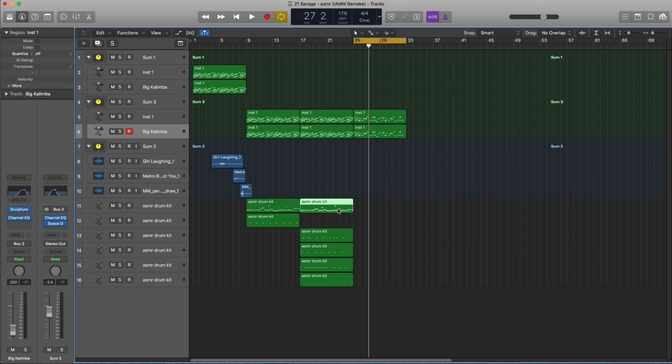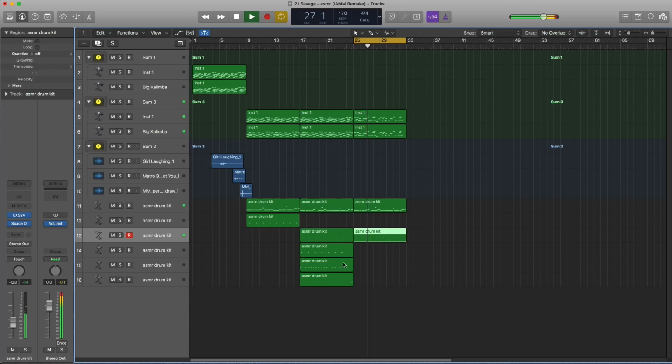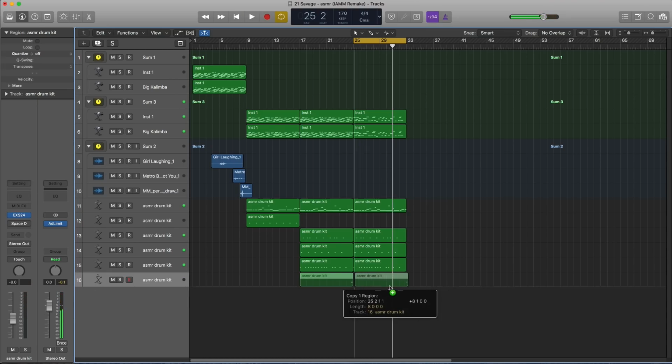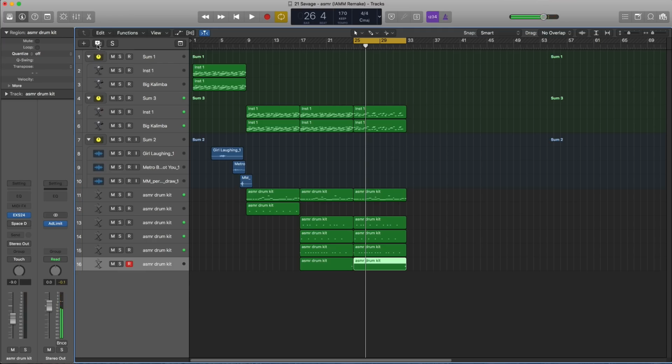All right, and we're gonna go ahead and copy over the same 808 pattern. We're gonna copy over the same clap pattern. We're gonna copy over the same open hat and kick pattern. And then we're going to copy over the same percussion as well. That happens at the end. And let's go ahead and duplicate this percussion track. And let's finally draw in